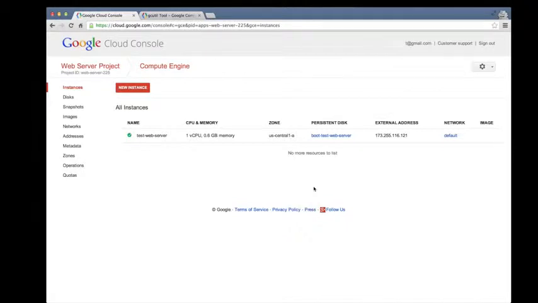By default, all external traffic to our instance is blocked. Since we want to serve web pages with our instance, we need to set up a firewall to specify that incoming HTTP traffic is allowed on the network where our newly created virtual machine resides. We can do that by clicking Networks